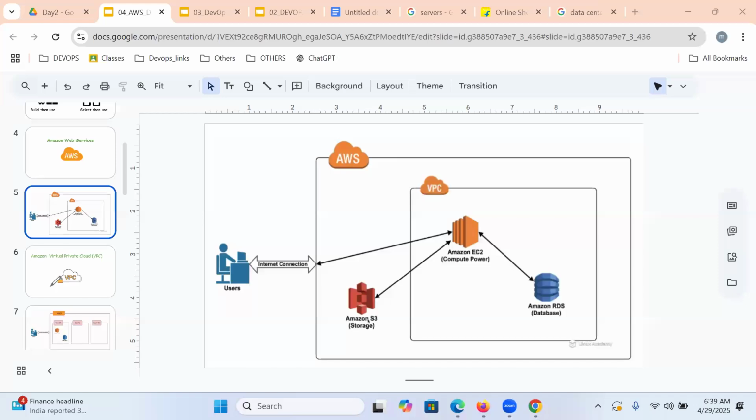Which are the modules? Network module, server module, database module, storage module. VPC is nothing but what? Network. EC2 is nothing but what? Servers. RDS is nothing but what? Database. S3 is nothing but what exactly? The storage.